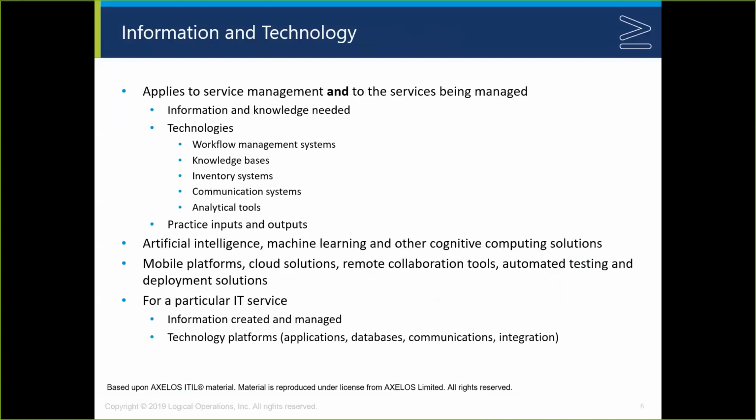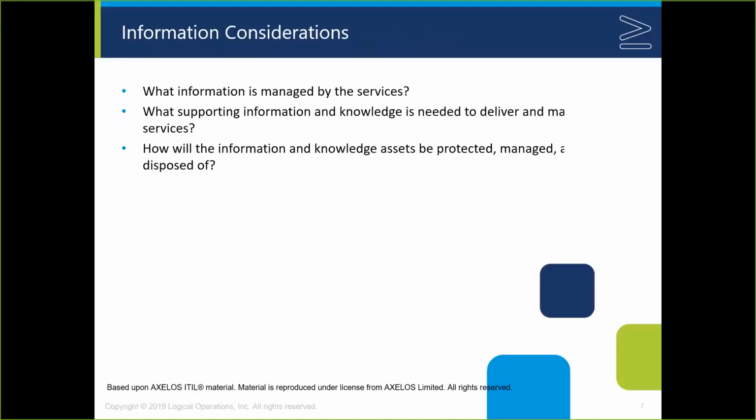Then we move to information and technology, walking through both information technology for service management and the services themselves. We want to help them think about what tools they will need. Again, this implies that we have to think about the other dimensions. What do our people need? What processes are we trying to support? How do we engage our suppliers in making sure we choose a technology platform that makes sense? What information needs to be managed? How does it need to be communicated? How does it need to be protected?